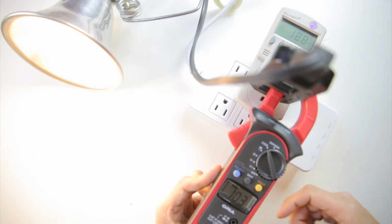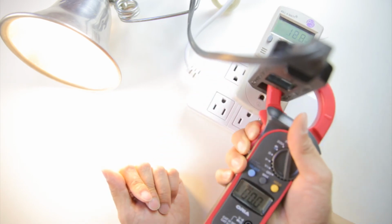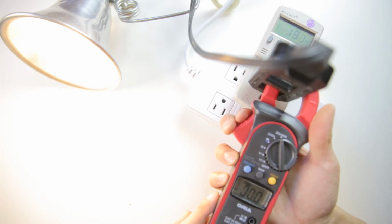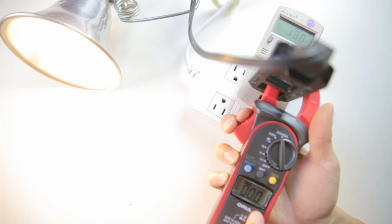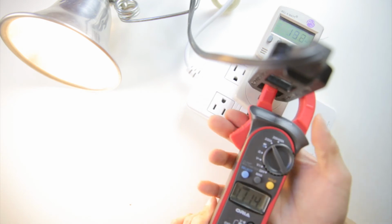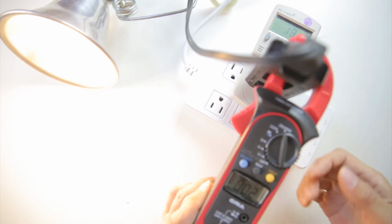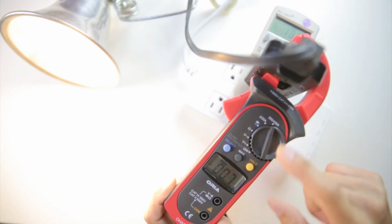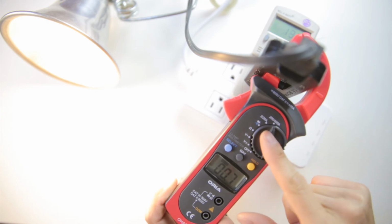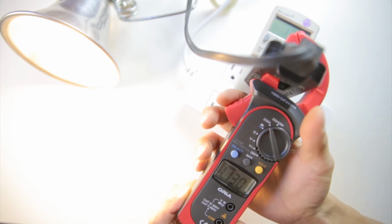It's rising to 13 watts, and I can turn it up to the 400 amp rating here, which is quite a lot for anything, and it's still going to read, I guess it doesn't register it because it's in the high setting. It's supposed to show 0.1 over here, but it might be too low. Let me switch it back over here. I can go to the 10x version here, which will really show 1.0. Generally for the high amperage rating, it's likely not going to have as much accuracy as the lower one. So you generally want to pick the lowest one that you can without going over. So I'm going to do the 20 amp here, and now it shows